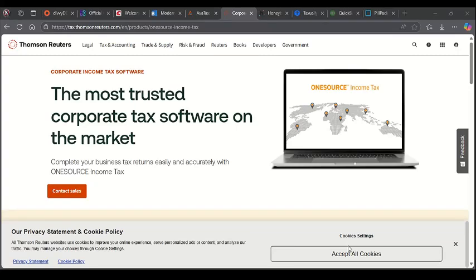Open source tax software review using experience. Thomson Reuters ONESOURCE is a comprehensive tax automation platform designed to centralize and streamline the entire tax lifecycle for